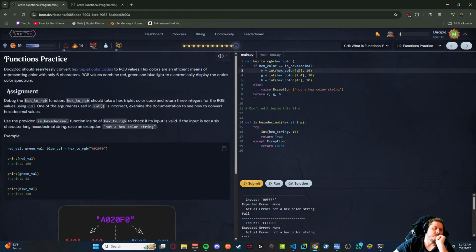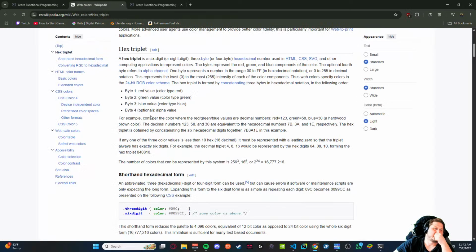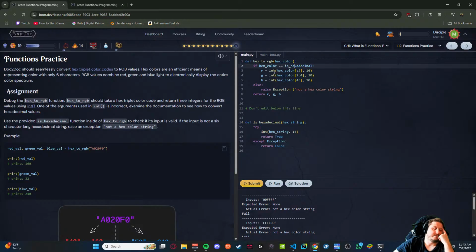It's not an integer. What is it? Like this I understand, but what does that mean for this?